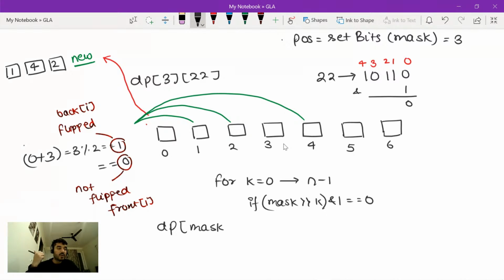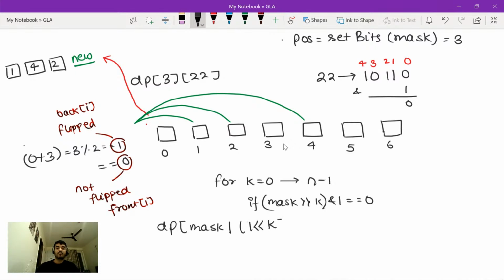I have to set this bit. So that is, I have to make this bit set, that is a plus, or you can just simply say OR one left shift